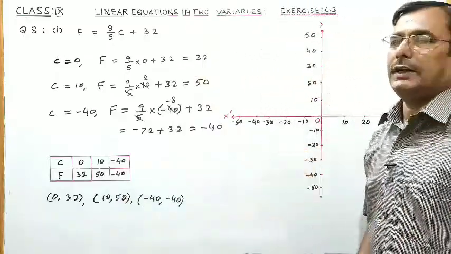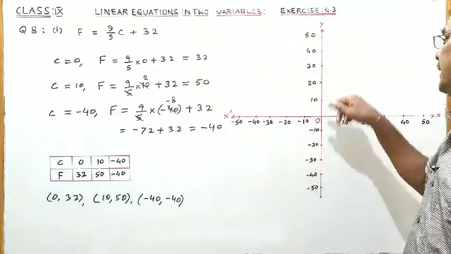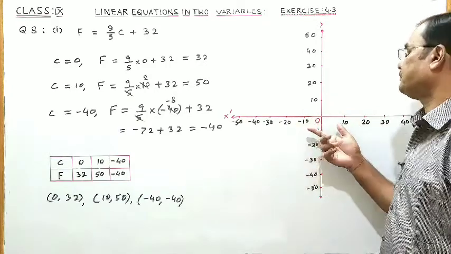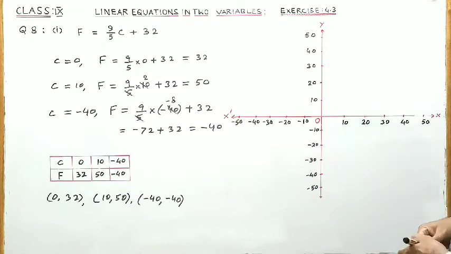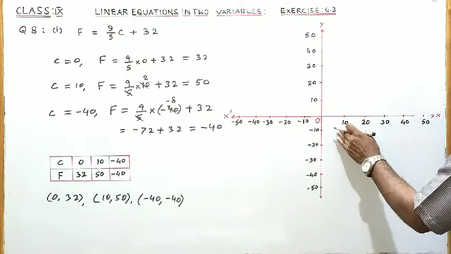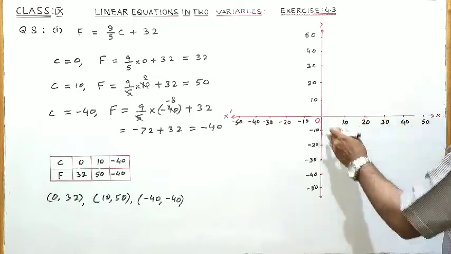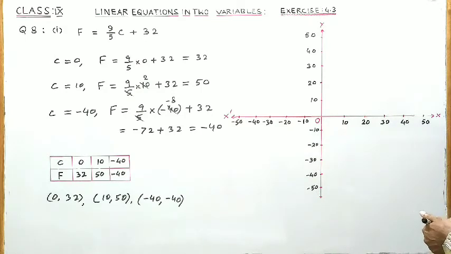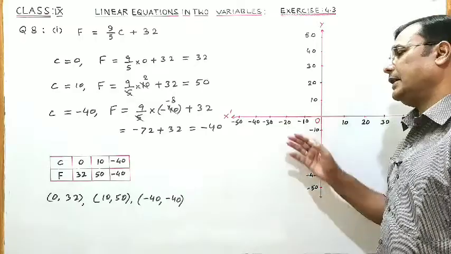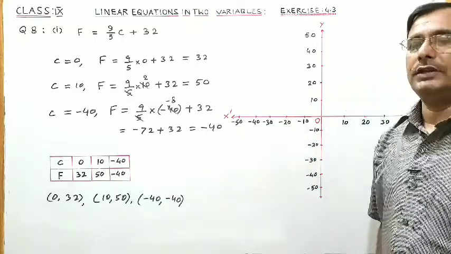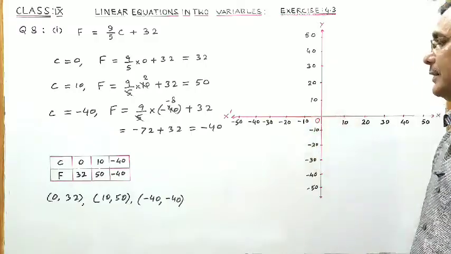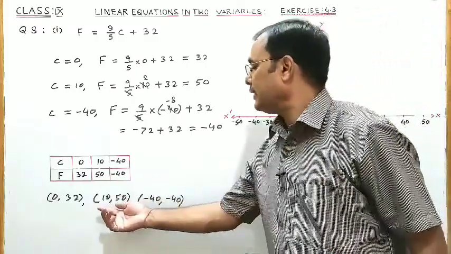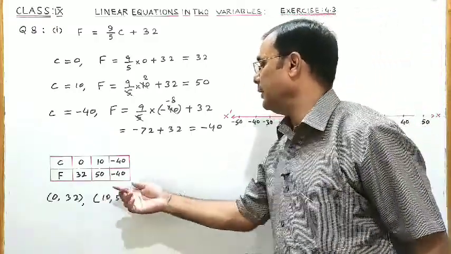So you take a graph paper and draw coordinate axes like this as shown here, and taking a scale of one unit equal to 10 on the x-axis and also one unit equal to 10 on the y-axis, write the numbers according to the sign convention on the coordinate axes. And let us plot now these points.